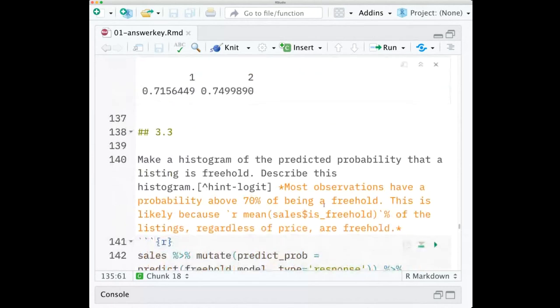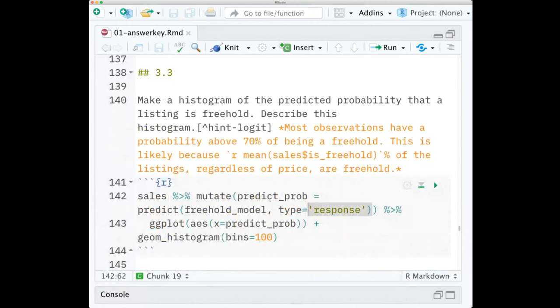Make a histogram of the predicted probability that a listing is freehold. Describe this histogram. Okay. So what I was looking for here was for you to get the predictions from your model using predict. So that was the predicted probability that any listing in your data is a freehold. And that's just predict freehold model type equals response. If you make a histogram of that,